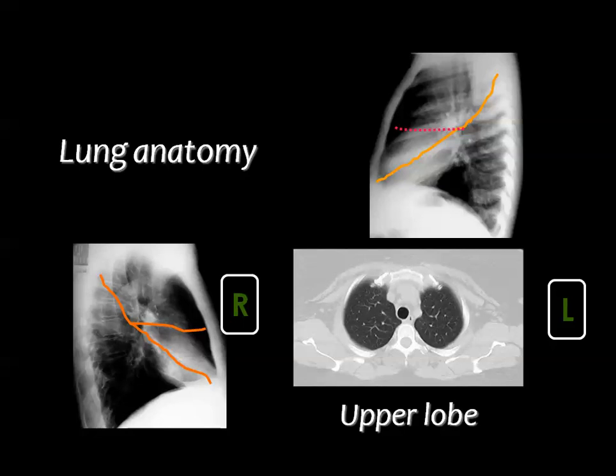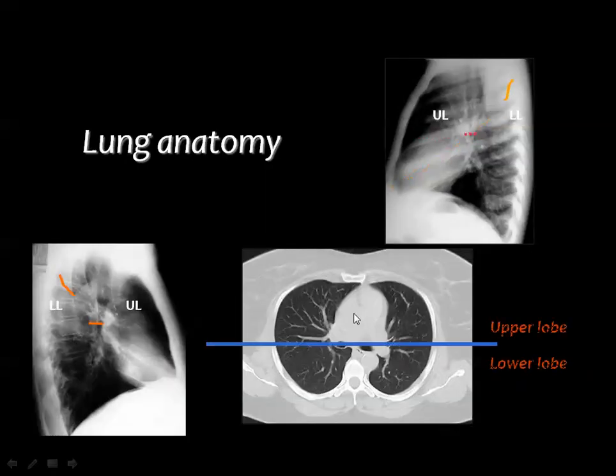Whenever you see the trachea, you are cutting in the upper lobe. Then you see here the trachea, and this is the left upper lobe, and this is the right upper lobe. Then if you go down, you will reach the site of the tracheal bifurcation. At the site of the tracheal bifurcation, when the trachea is divided into two main bronchi, the section is also